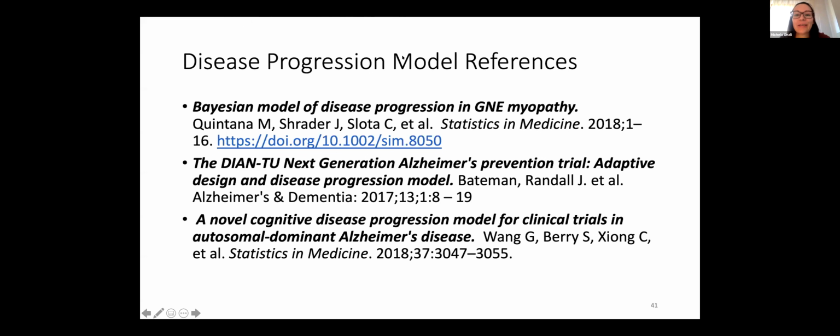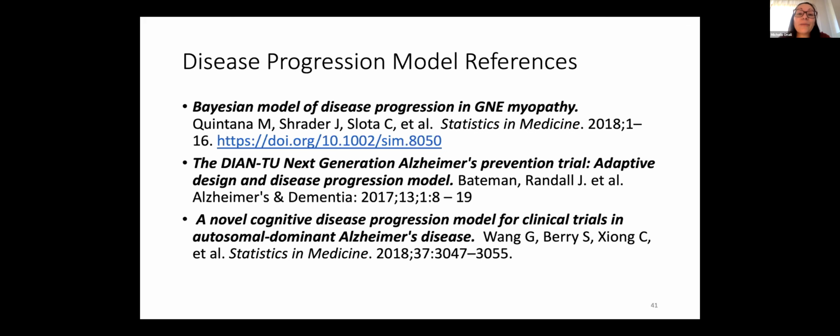Thank you very much. You brought up very important points, not only for GNE myopathy, but also for many rare diseases. First and foremost, we want to understand the individual patient living with the disease, and we want the therapy possibly to work for all. GNE myopathy is definitely a big example of this. We are extremely heterogeneous, and we want the therapy to work for all.